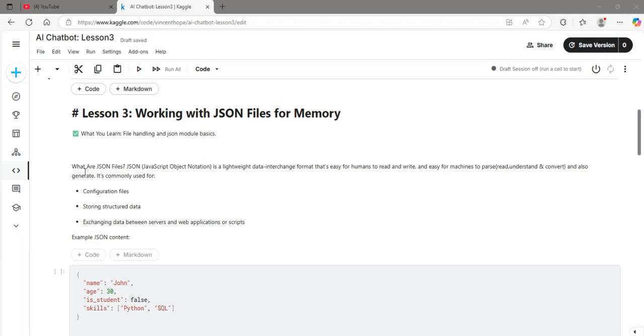So what are JSON files? JSON is short for JavaScript Object Notation. It's a lightweight data interchange format that's easy for humans to read and write, and also easy for machines, which is your computer or your software, to parse, which simply means to read, understand, and convert, and